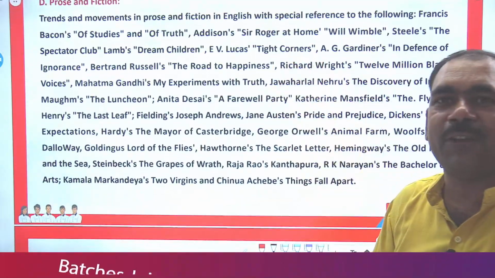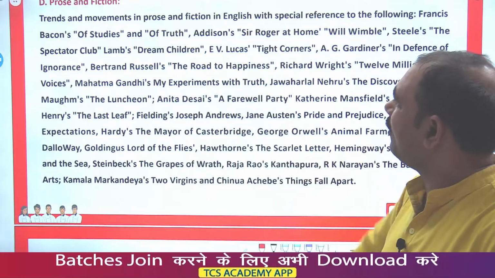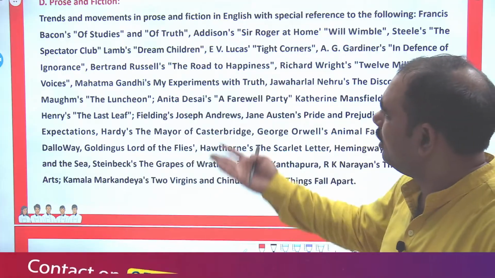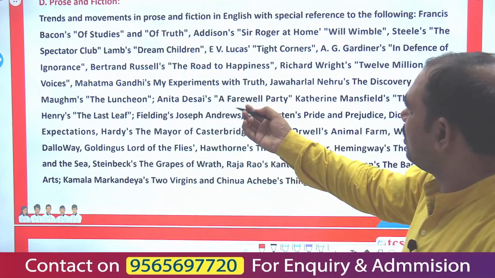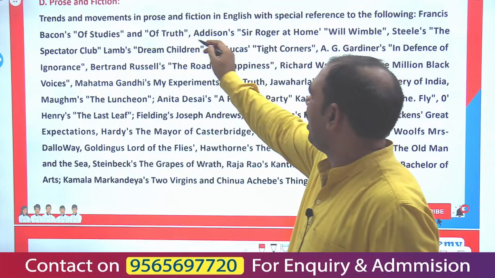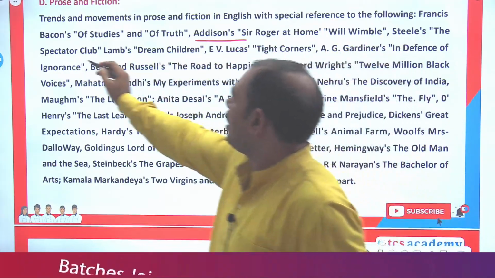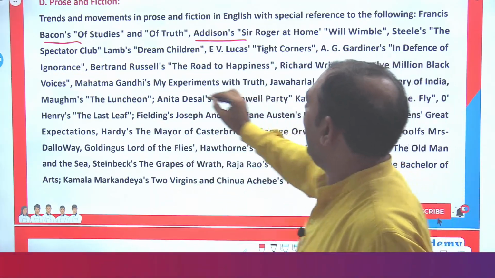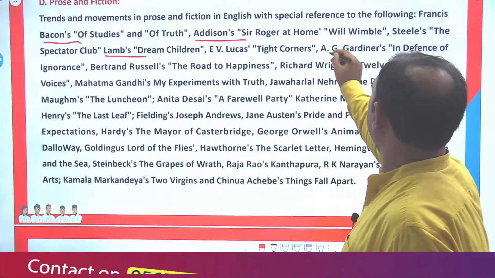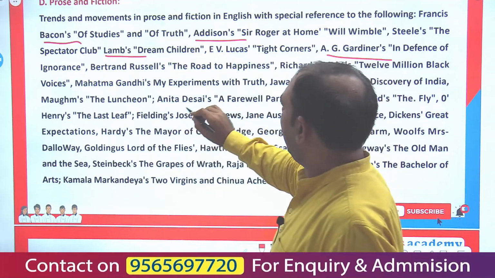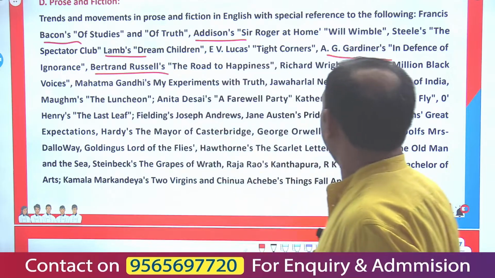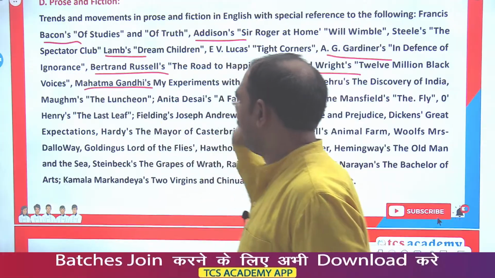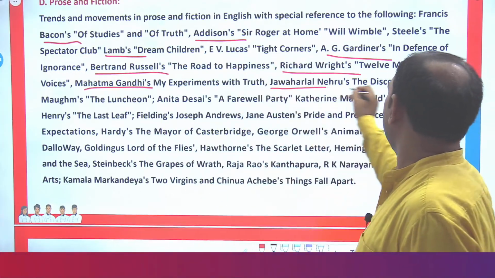From the prose and fiction section, next we have the most celebrated writer, Bacon, of Studies, of Truth. Then Addison. I come to Bacon first, Addison second, and then Lamb. Then we have Gardiner, Bertrand Russell, Richard Wright, Mahatma Gandhi's My Experiments with Truth, Jawaharlal Nehru's Discovery of